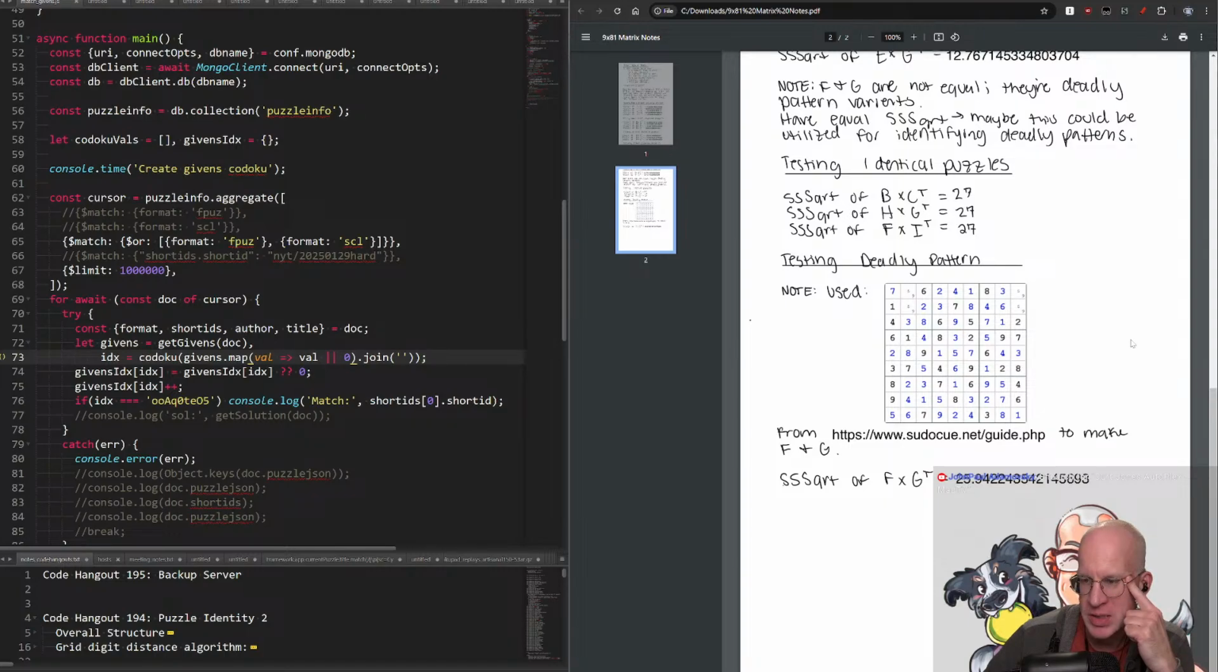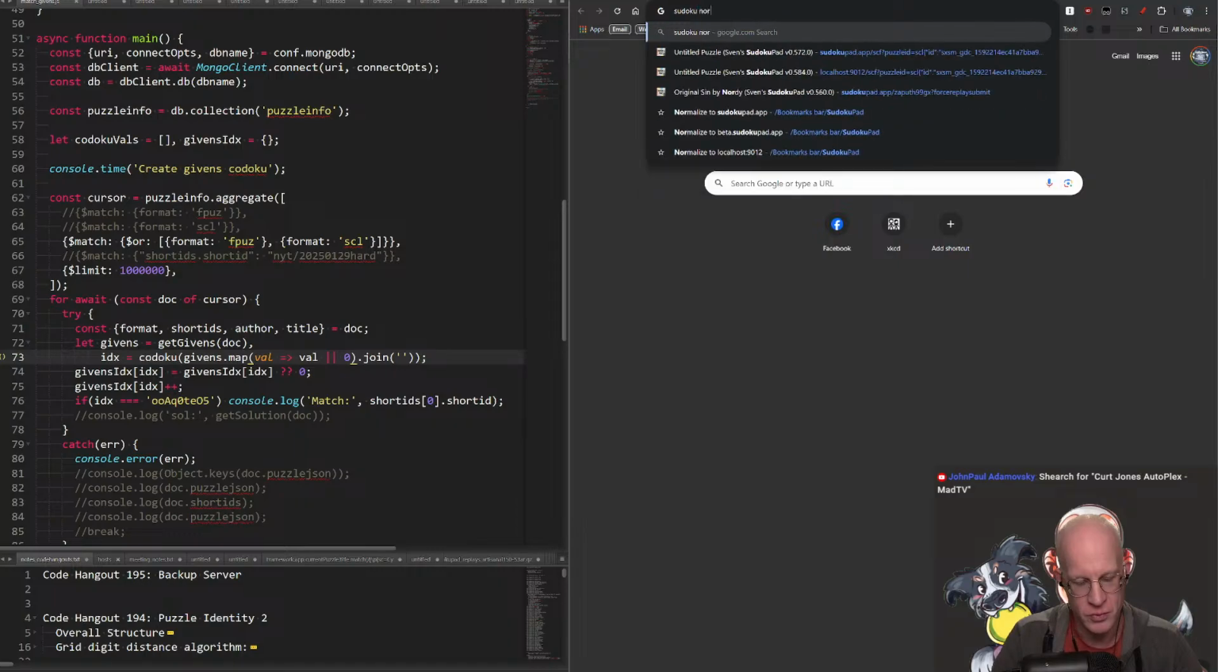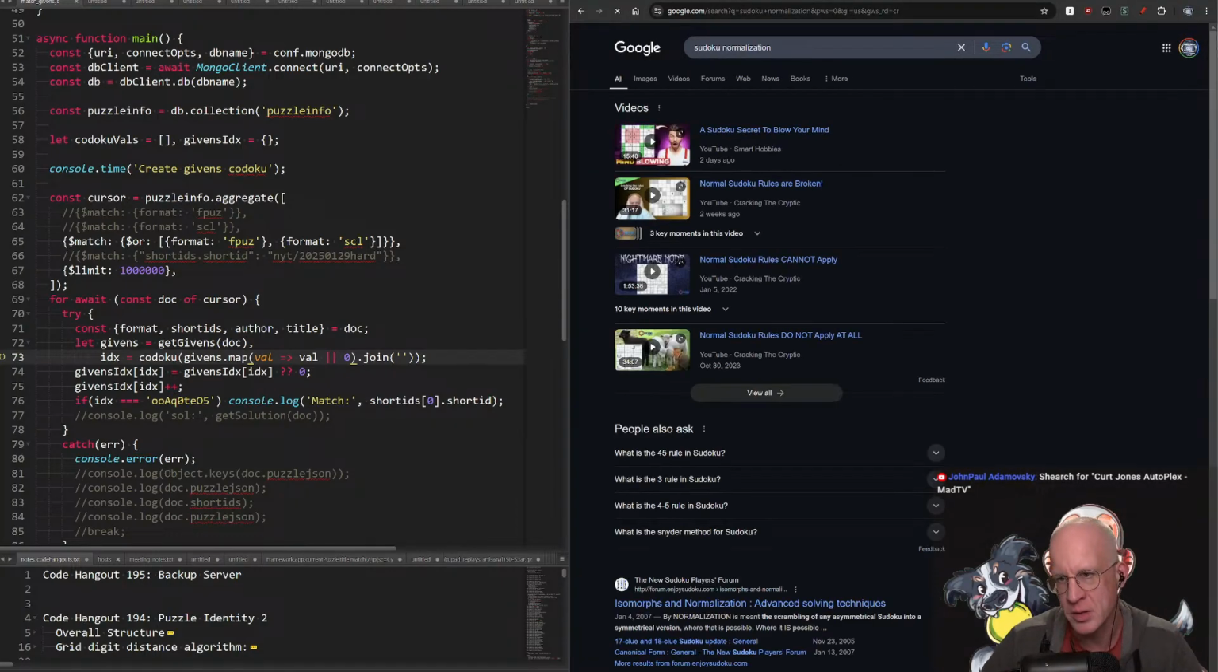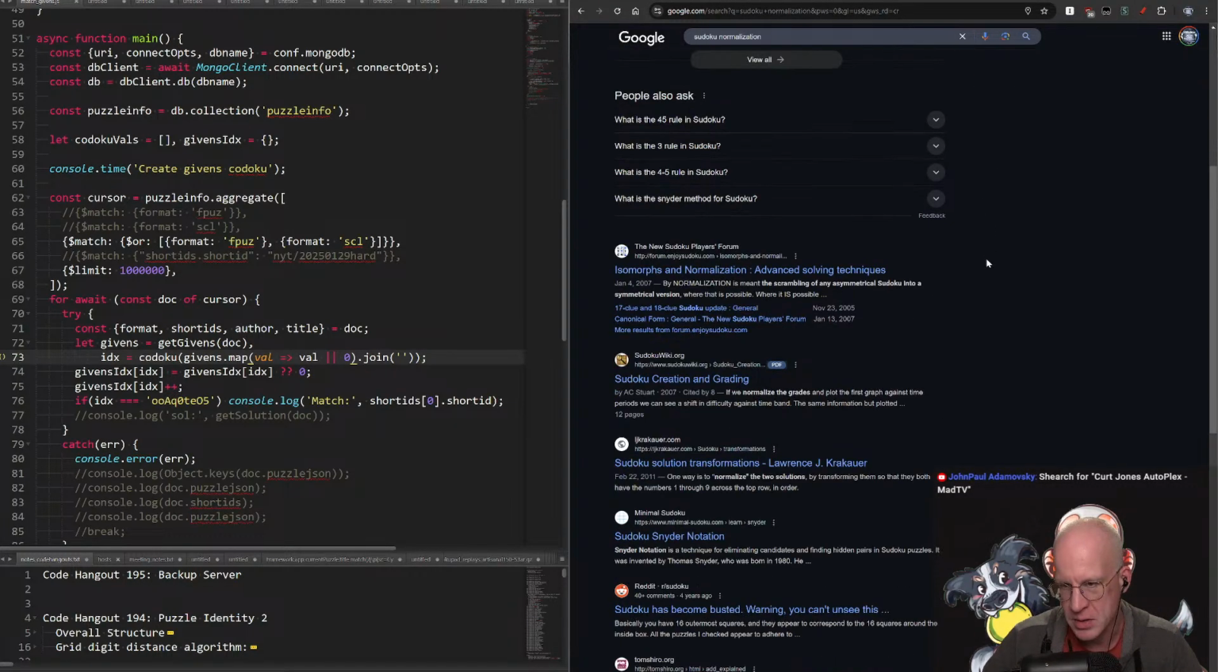But this is looking just at a solution grid. I need to figure out the normalized version. All right, let's see if we can just Google that. Sudoku normalization. Because if we can look at solution grids and normalize those,